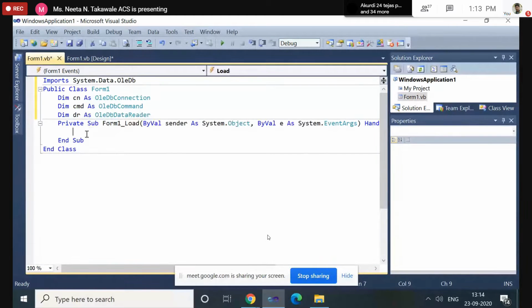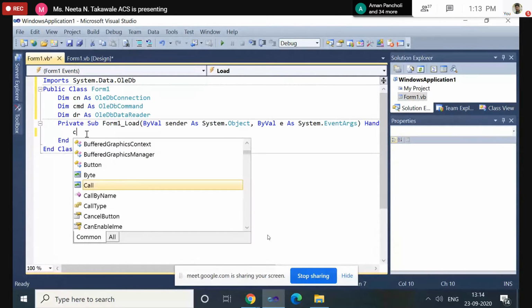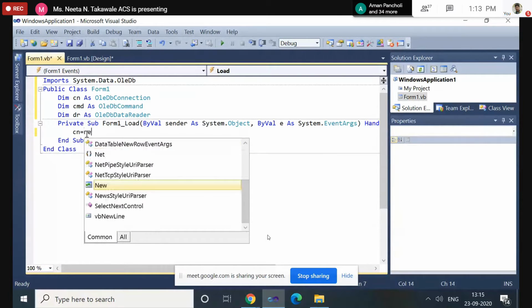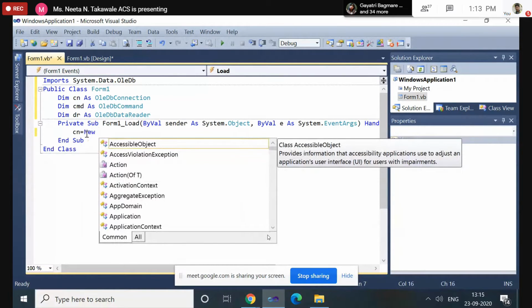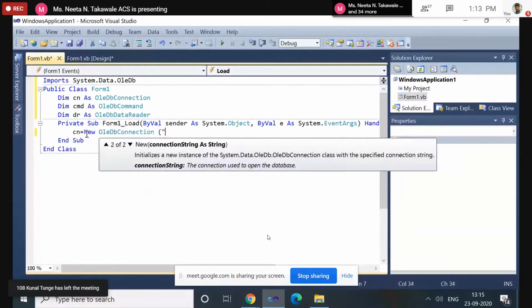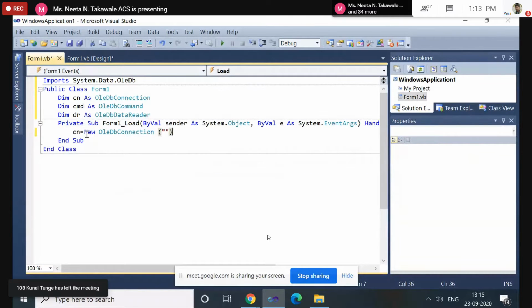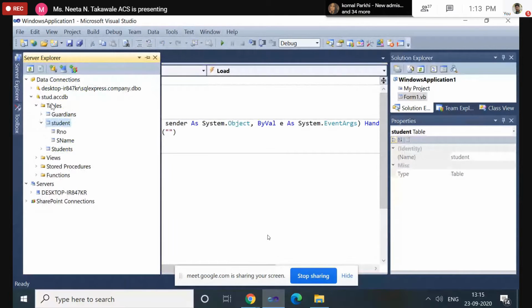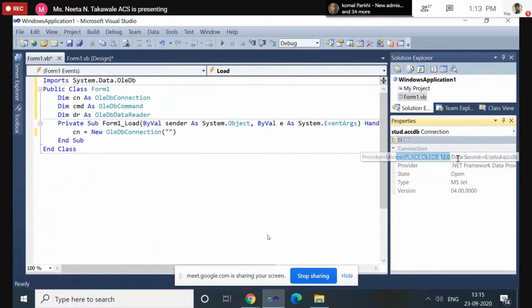Now define the connection string variable. So cn is equal to new, and which class? OleDbConnection. In brackets you have to pass the connection string. And how to copy that connection string? Go to Server Explorer, right click on the database, go to properties, and towards the right side it is showing the property window.